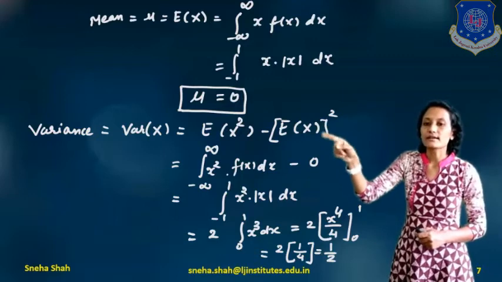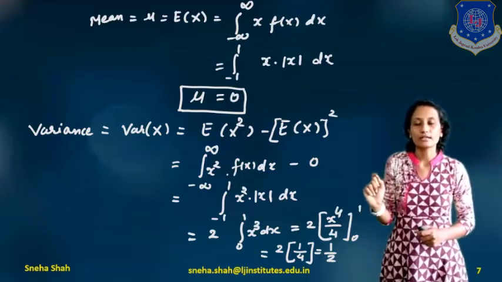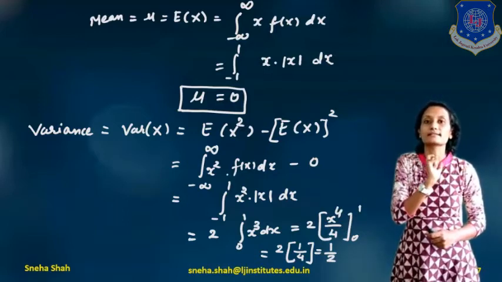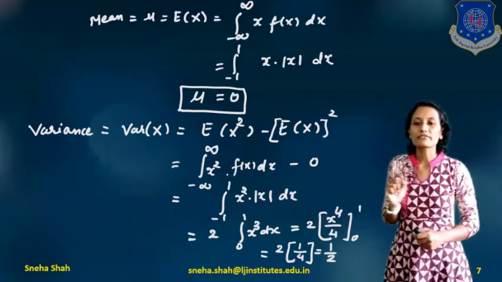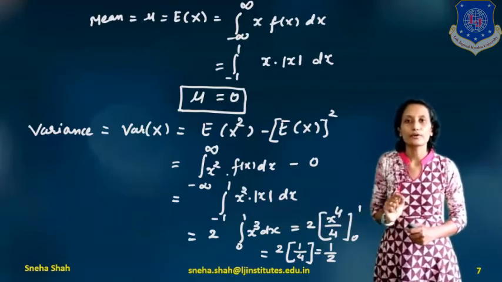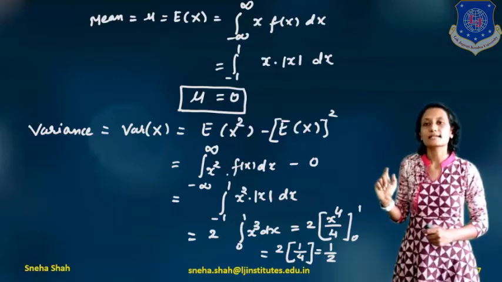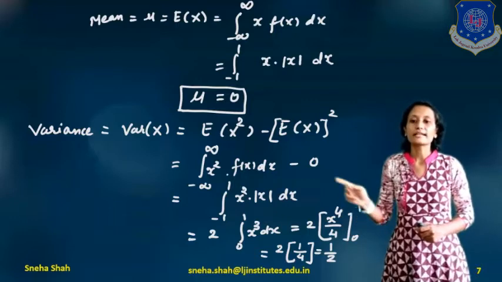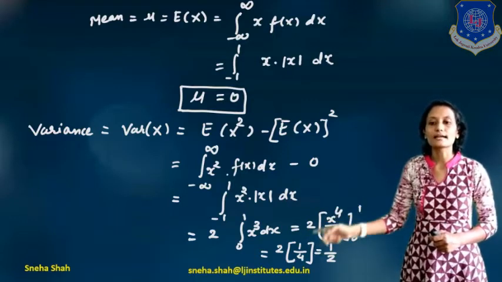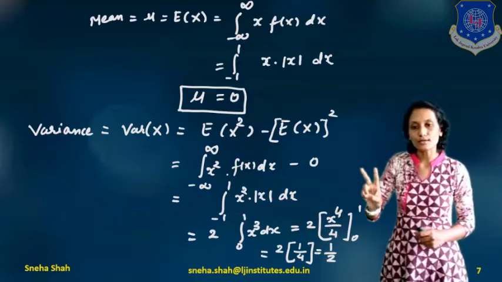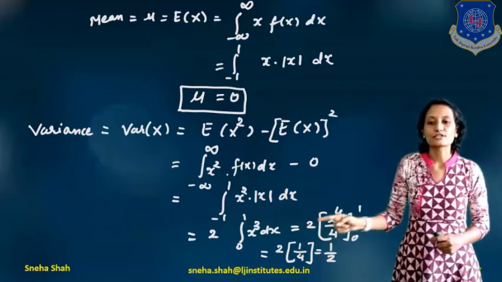Now if I am taking x square, the equation will be integration minus infinite to infinite x square into f of x dx. Right? So instead of f of x, we will take mod of x for the range minus 1 to 1. Now x square is also an even term and mod of x is also considered an even function. So overall it will return x square into x, means x cube, and the range will become 0 to 1. So it will become 2 times. So the term will be 2 into integration 0 to 1 x cube dx.